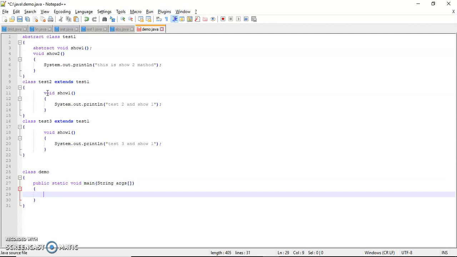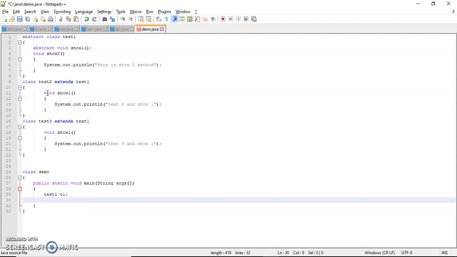Okay, now how can we use this? Let us prepare an object: test1 object t1. Okay, so I have prepared it. Now allocate memory: t1 is equal to new test3.